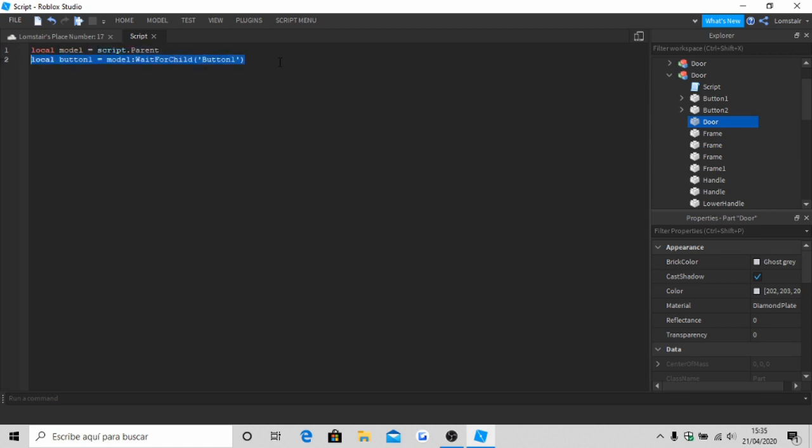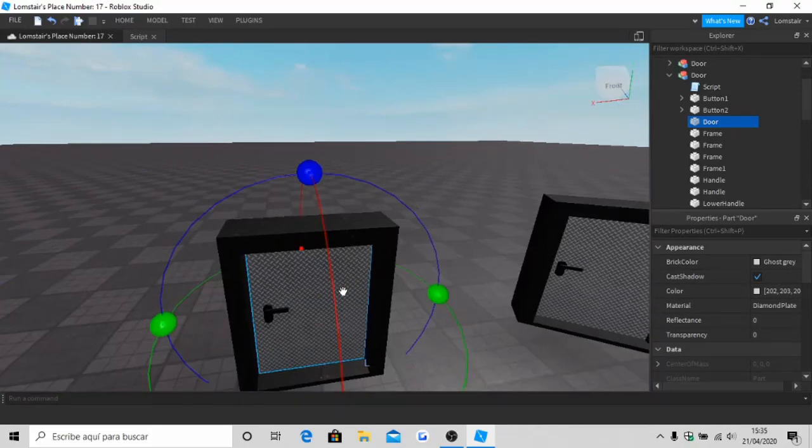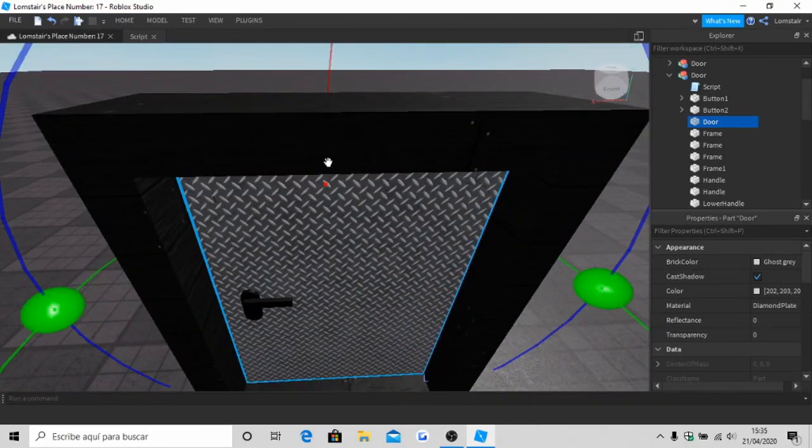Since there's two buttons, we're going to define this twice. We're going to define this new line as local button 2, model WaitForChild button 2. And last but not least, our pivot. So local pivot equals model, also WaitForChild, pivot. So those are our three most important parts in my own model. You might have some more important parts, maybe less, but the pivot is going to be your core essential part